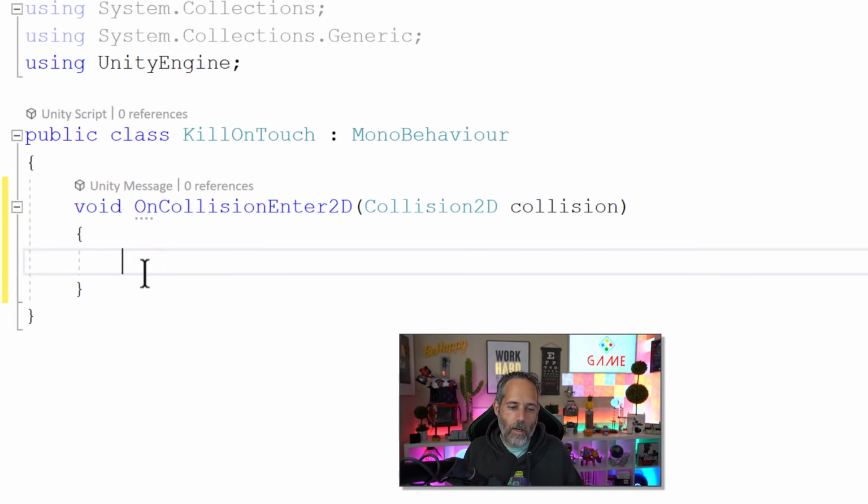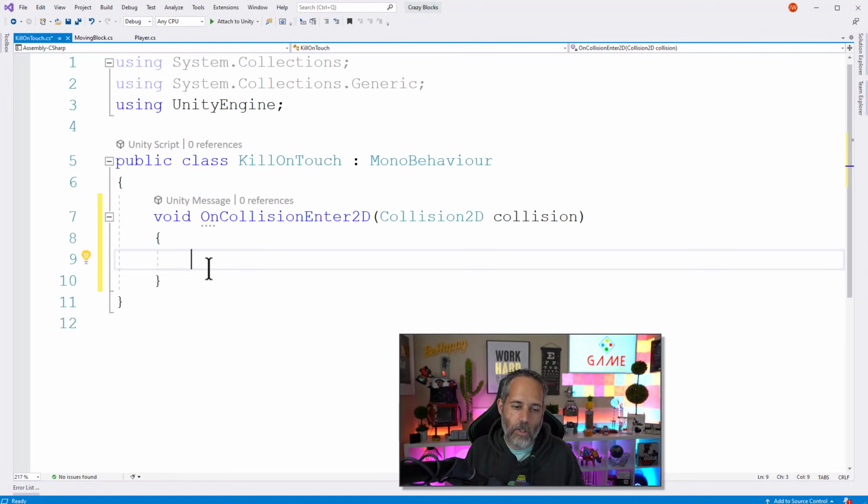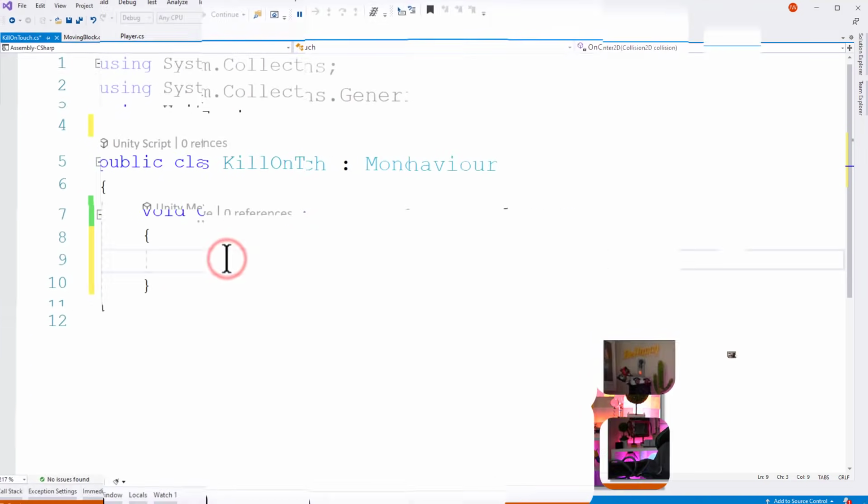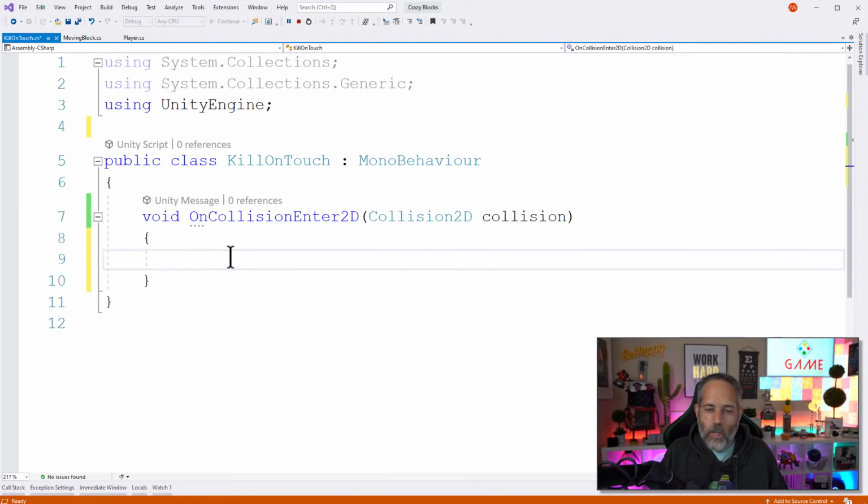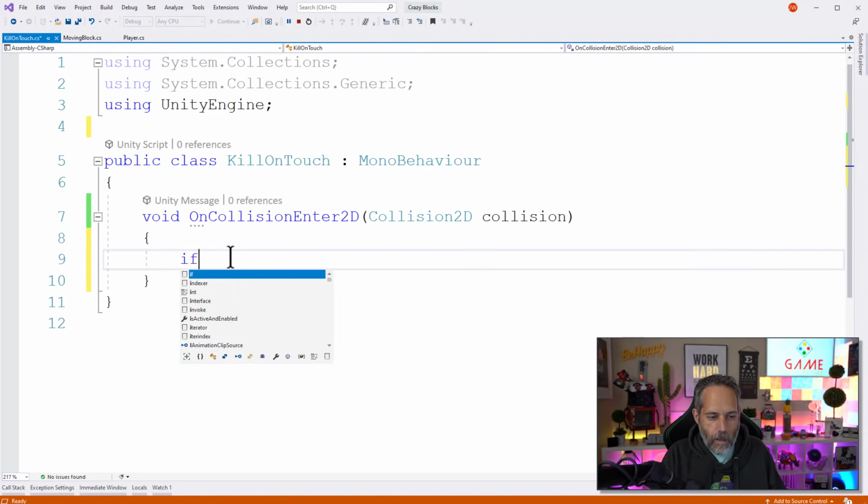So if we touch something, if we get a collision, this method is going to be called automatically by Unity. As soon as anything touches this, this method will get called by Unity. What we want to do in this method is check to see if the thing that collided with us was the player. To do that, we'll say if